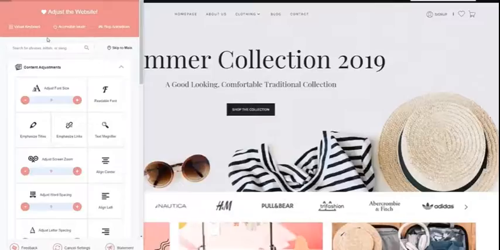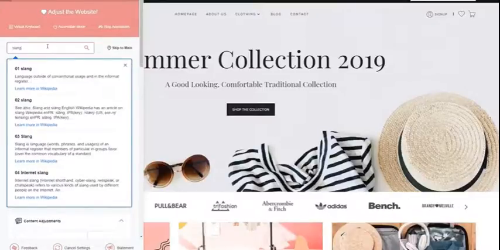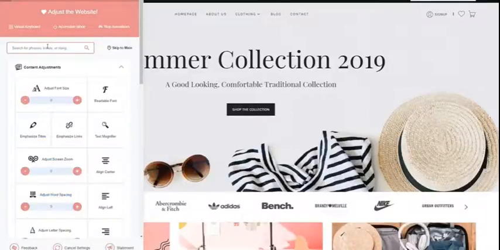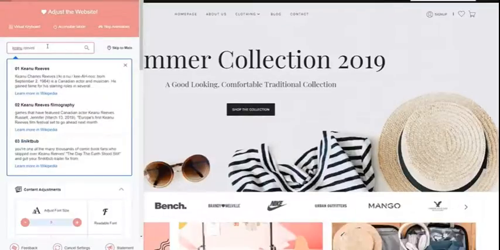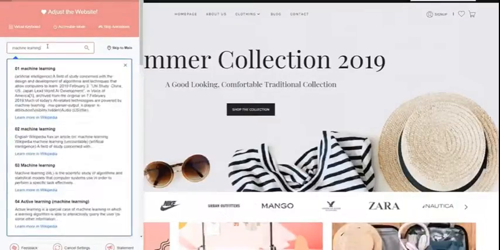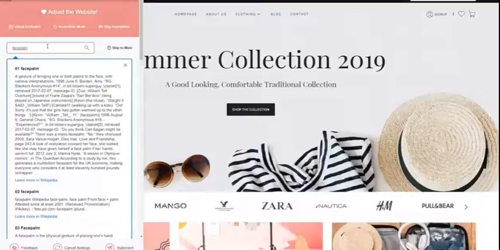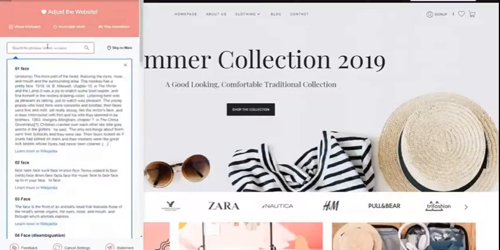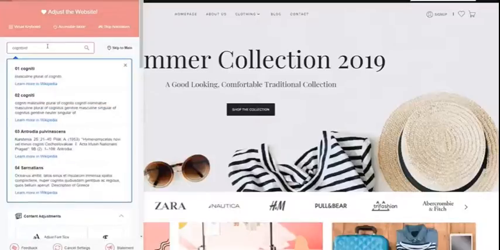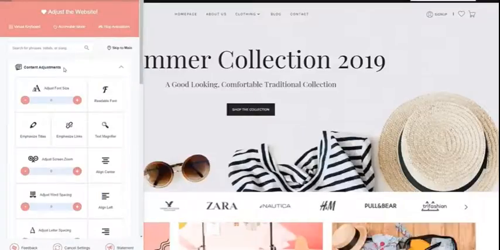For people with cognitive and learning disabilities that may have a hard time grasping certain words, abbreviations, or even slang terms that appear within your page, we have a feature that is linked with dictionaries through Wikipedia and Wiktionary to provide instant and elaborate definitions of the keyword being searched. It could be the name of a person, a complicated concept, or even a new word like facepalm, where elderly people may not know. So this feature helps people with cognitive disorders get better information about the web page that